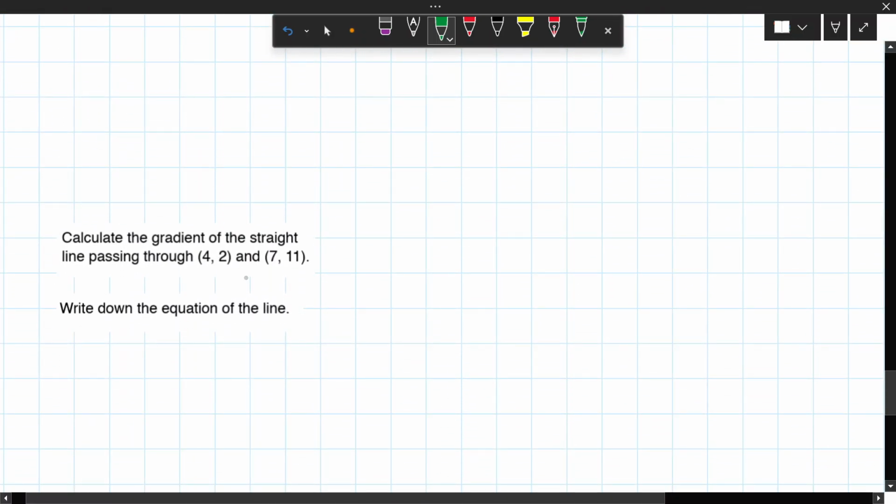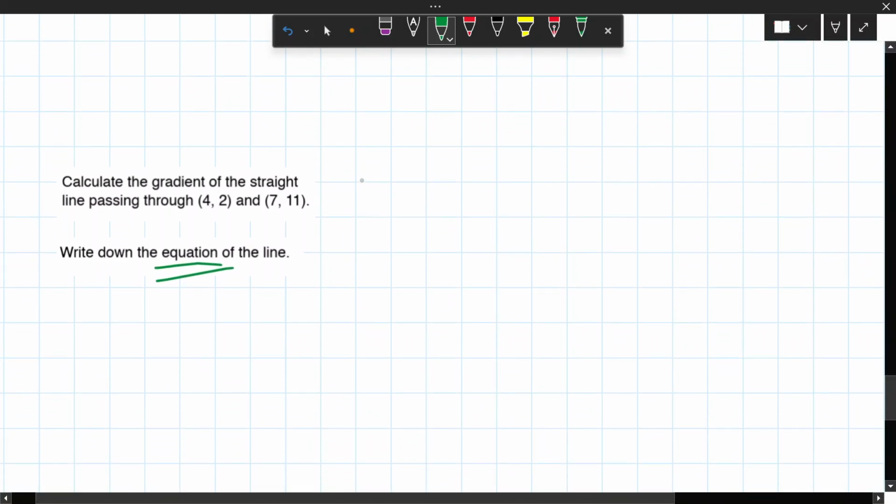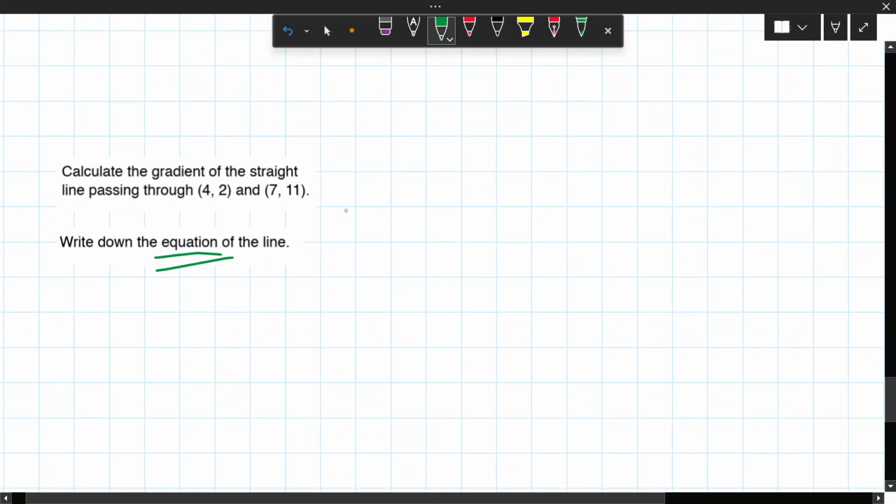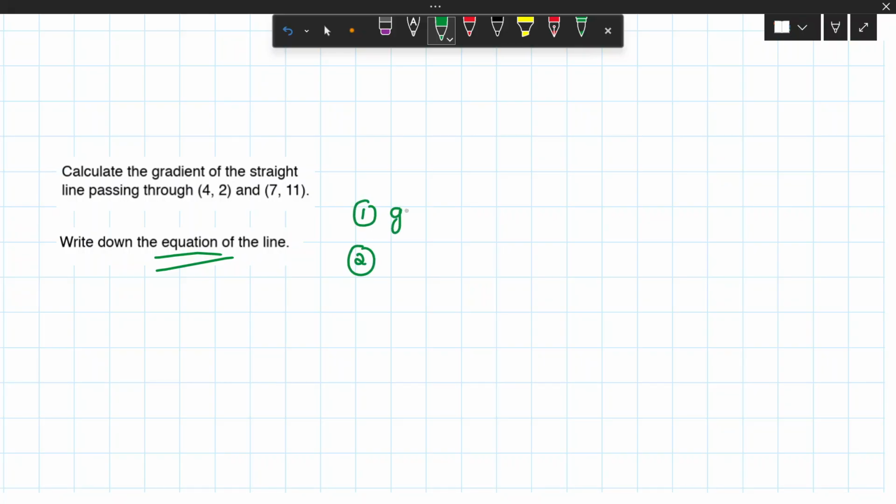Moving on to the next one, find the equation of a line. Now, like I said, I think we discussed this yesterday. To find the equation of a line, you basically need 2 ingredients. One, you need the gradient, which is your m value, and also you need a point, any point for that matter. Now, gradient can be found using y2 minus y1 over x2 minus x1, because in this question you've got 2 points. So if I do y2 minus y1, that will be 11 take away 2